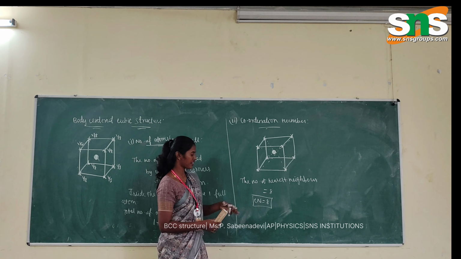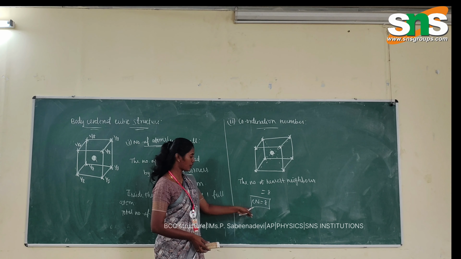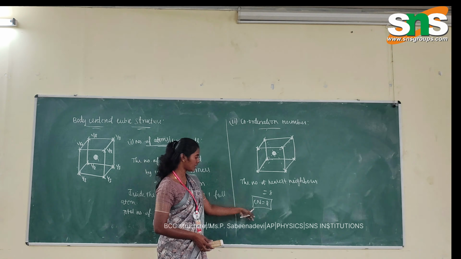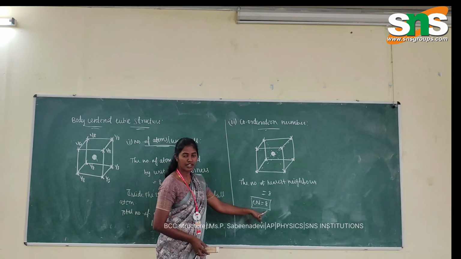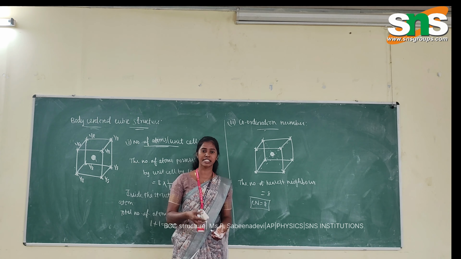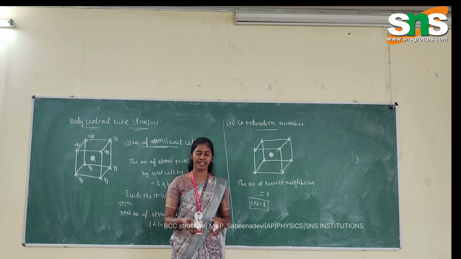Here the difference is, for a simple cubic structure the coordination number value is only 6, but here the coordination number value becomes 8. So if the coordination number value increases, the number of nearest neighbors increases, the packing